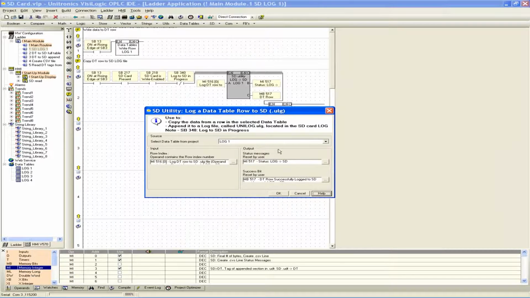And in most of these blocks as well, there's a nice explanation of what's actually going on in the white parameter here. You can see it's copying the data from the row in the selected data table, and it's writing it to a file that's called unilog.ulg located on the SD card. So the main parameters that you do have to select are the data table project that you want to use. In this case, we're using log1, which we looked at before, is relevant to the log1 data table that we've predefined. So we're copying that log1 as our source, and then the other options we just have to